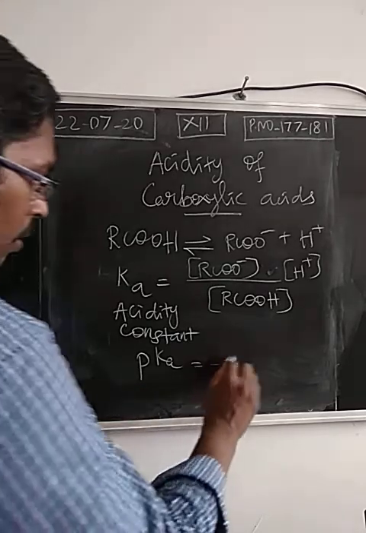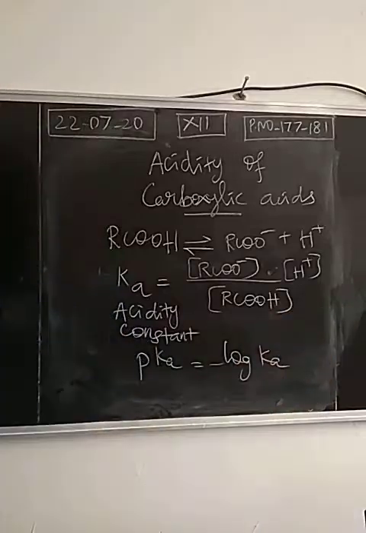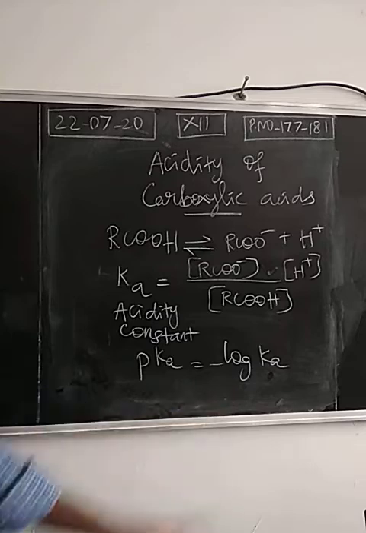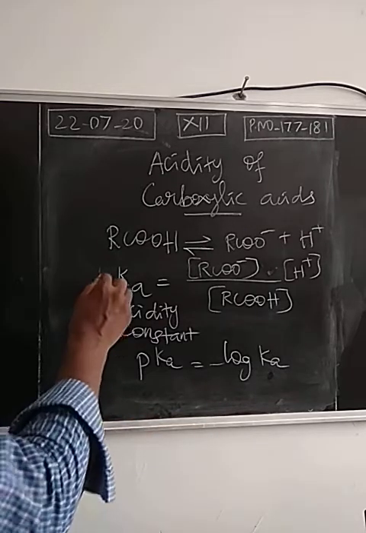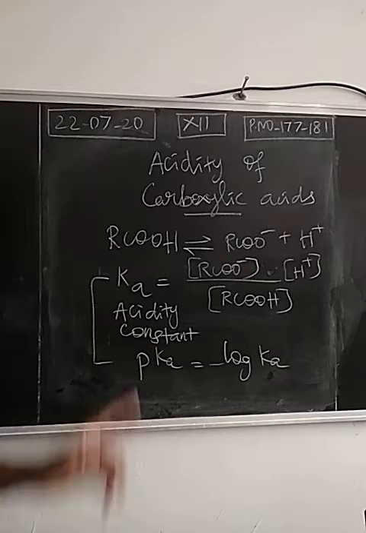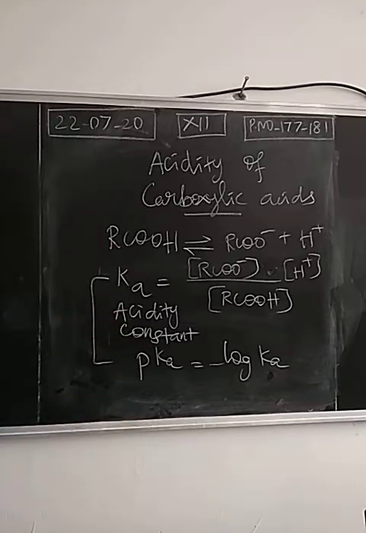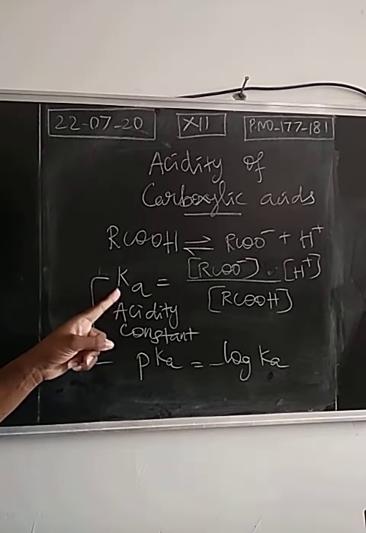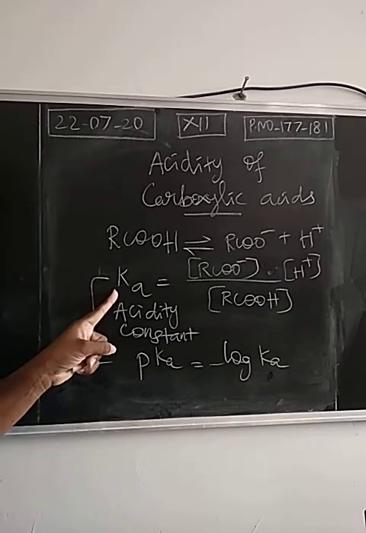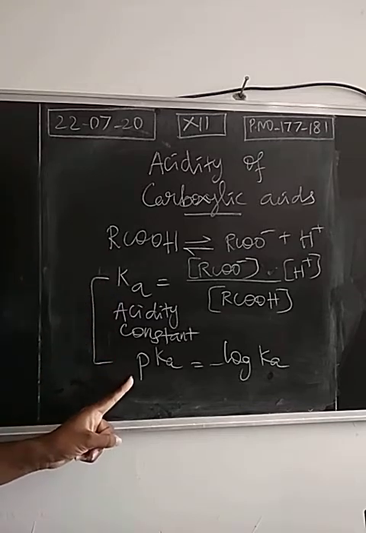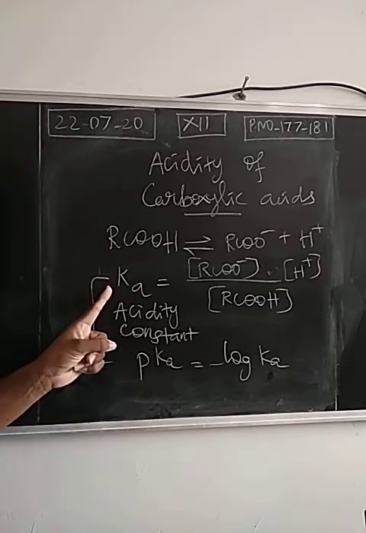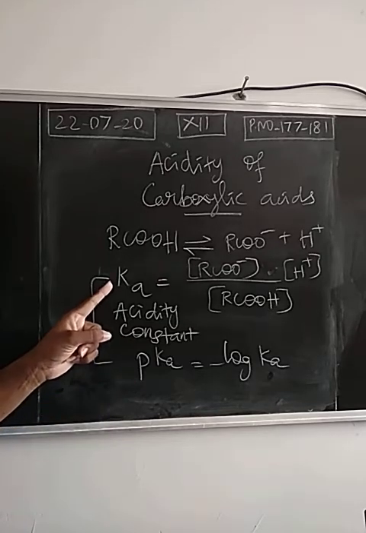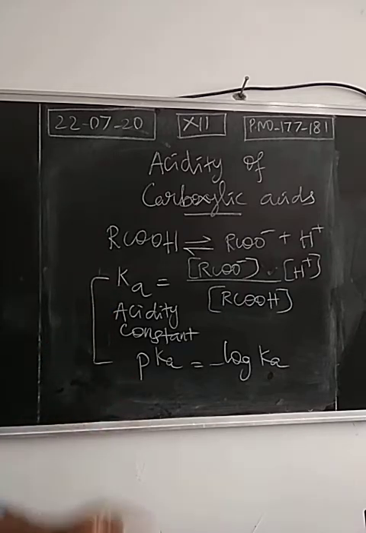So pKa is nothing but the negative logarithm of Ka. So for the acidity constant value, you take the negative logarithm, and you will get the pKa value. Now what about the relationship between these two terms? Ka and pKa are opposite to each other. So for an acid, if the Ka value is more, it means a strong acid. At the same time, the pKa value will be lesser. So more Ka value, less pKa value, strong acid. And the opposite concept, less Ka and more pKa means weak acid.